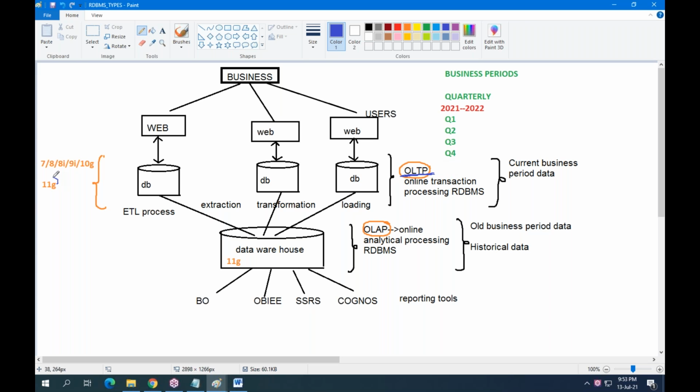From Oracle 11G onwards. See, 7, 8, 8i, 9i, 10G are only supporting OLTP database development. But 11G supports OLTP and it also supports OLAP.